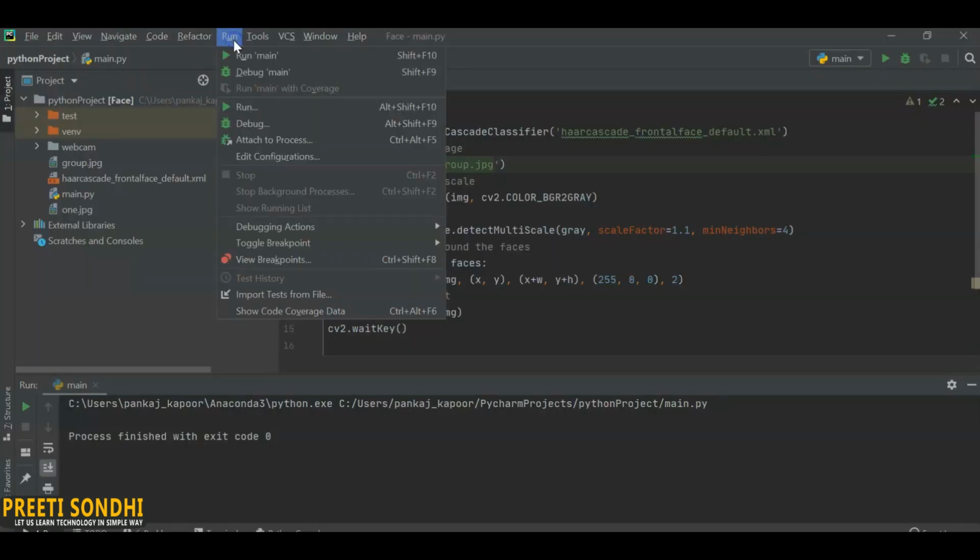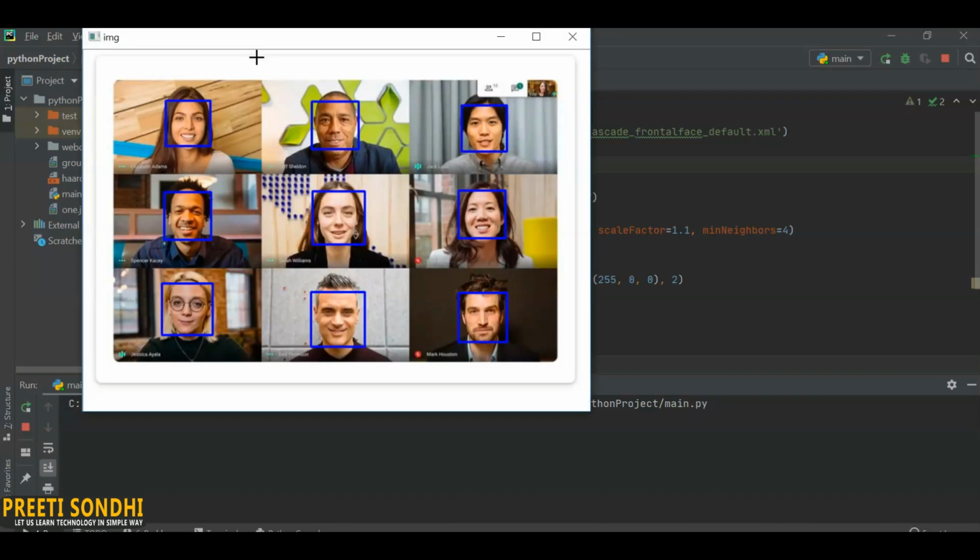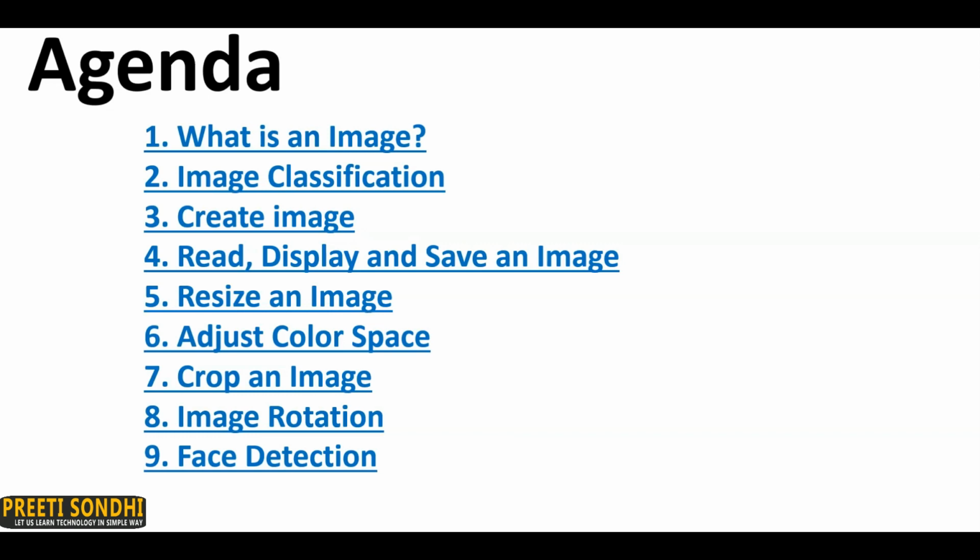Today in this video, I will explain how you can detect faces in images using OpenCV and Python. Face detection is the first step for doing face recognition. So today we will be focusing only on the face classifier, but definitely we will experiment with other classifiers as well in future.